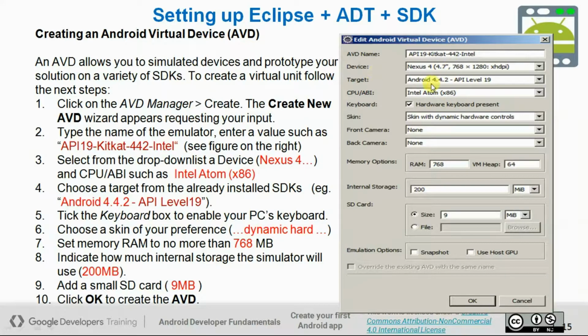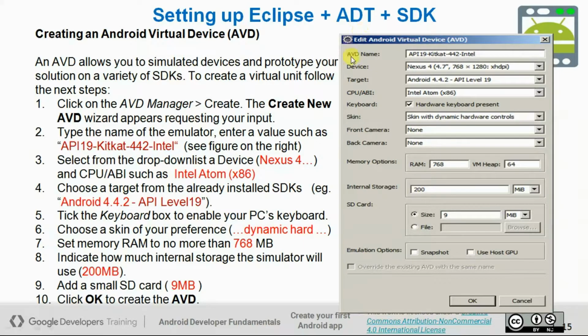Target means, so already you installed the SDK, right? Based on that you will get Android versions like 4.4 or 4.1 or 9.0 or 8.0, 11. You will get all the versions with API level in the target.